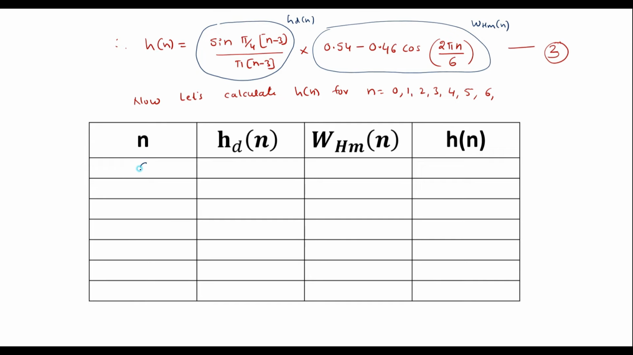So for n equal to 0, substituting n equal to 0 in this equation, hd of n gives 0.075. One can solve this directly by substituting, using a calculator. So whm of n for n equal to 0 gives 0.08. So multiplying these two expressions we will get 0.006. Similarly, for n equal to 1 in this expression, it gives